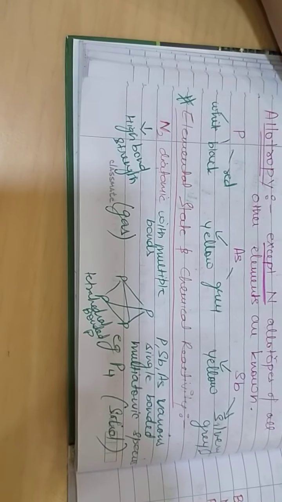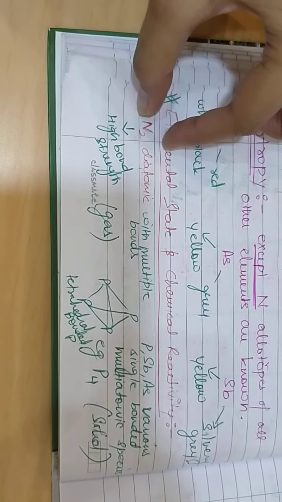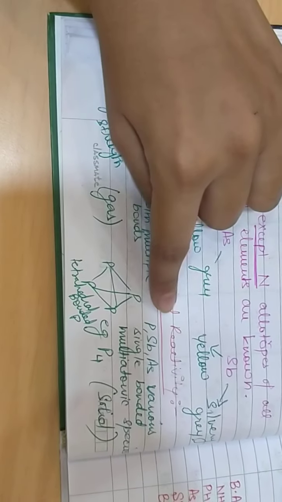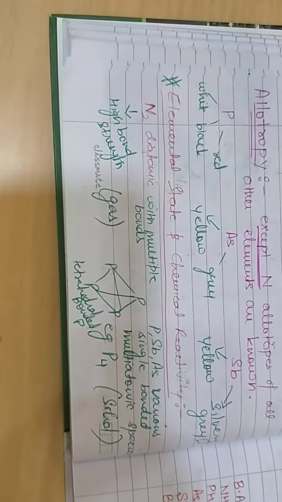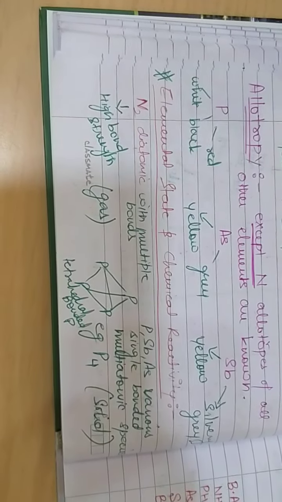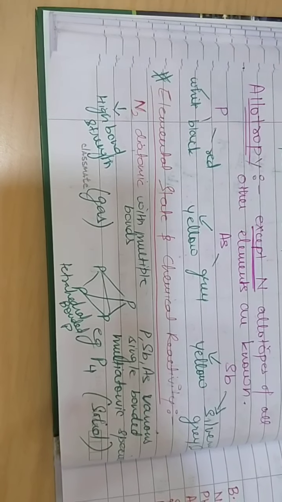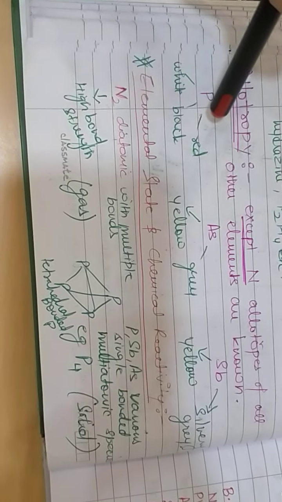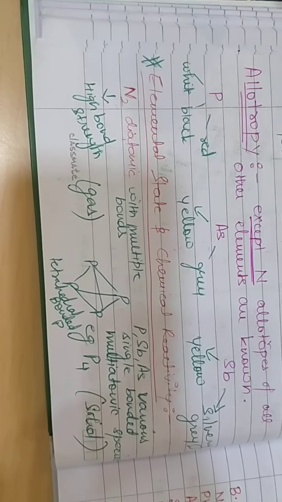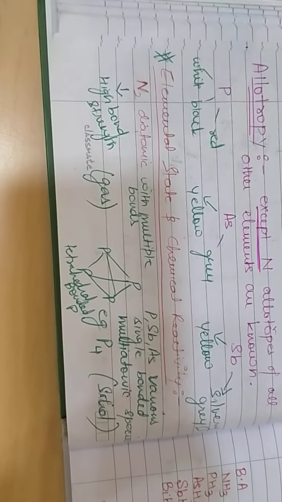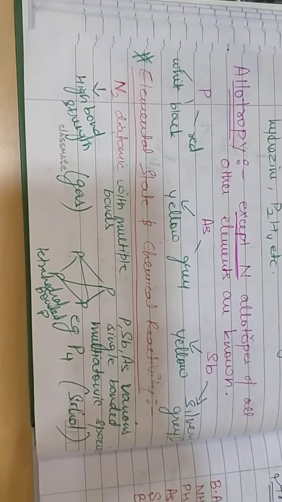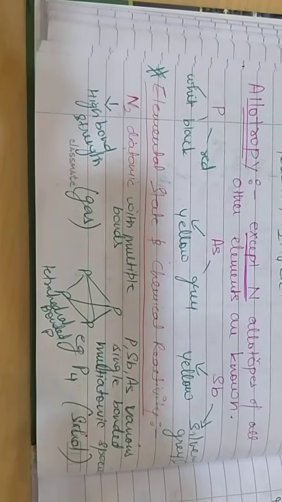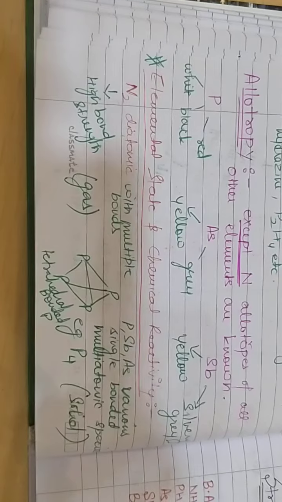Now why is it a solid? This is because it is covalently bonded. The interaction between the molecules of nitrogen is less in comparison to that of phosphorus. Phosphorus has better intermolecular forces in comparison to nitrogen, and physical state depends upon the intermolecular forces. The more the intermolecular forces, the more will be the tendency to exist as a solid in comparison to those which have less intermolecular forces. So that is why nitrogen exists as a gas and phosphorus exists as a solid.